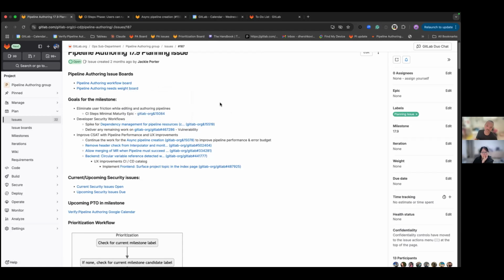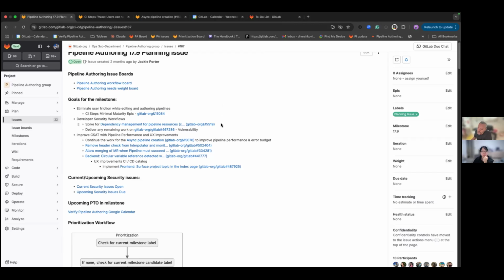This spike issue, as a reminder, could open up the opportunity for a couple of big initiatives in terms of security, dependency management, and mirroring .com components in self-managed. There is a lot of work that this spike could unlock, and we'll hopefully be able to complete it by the end of this milestone.